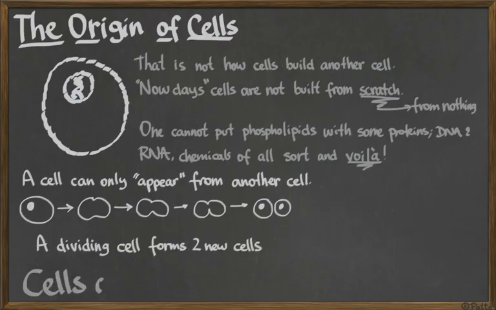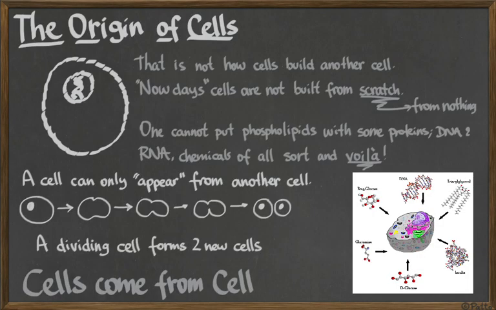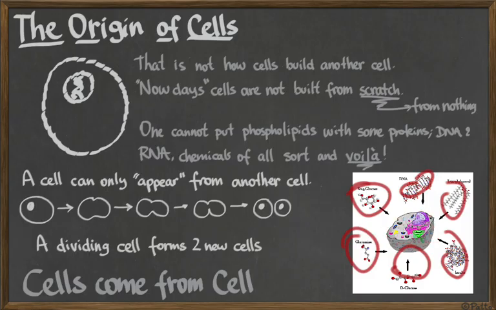A dividing cell makes two cells. So cells come from cells. So we are not going to be able to do like in this diagram, just put the parts together and boom, voila, we have a cell made. It's not going to be working like that. Actually, cells are going to come from cells. But then comes the question,